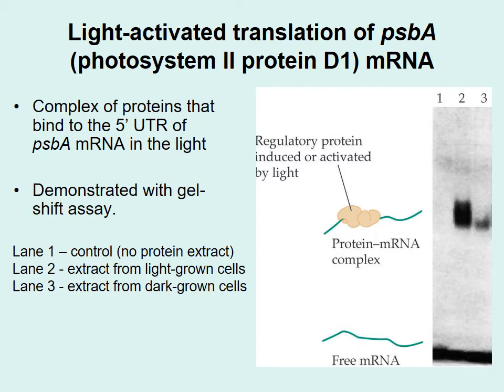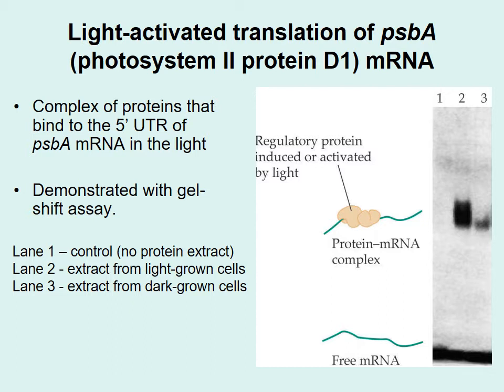The dark grown cell extract for the protein of the psbA or the D1 protein have been added in all these three gels. When these gels were run and visualized using appropriate equipment, it was noted that in the first lane, where no extract was loaded, there is nothing present. In the second lane, where the extract from the light grown leaves was added, we can see a strong protein messenger RNA complex